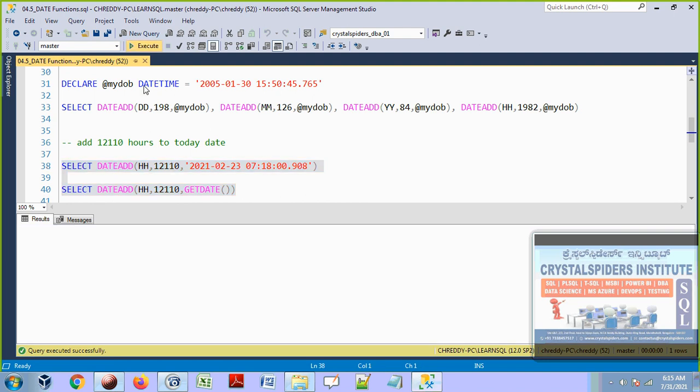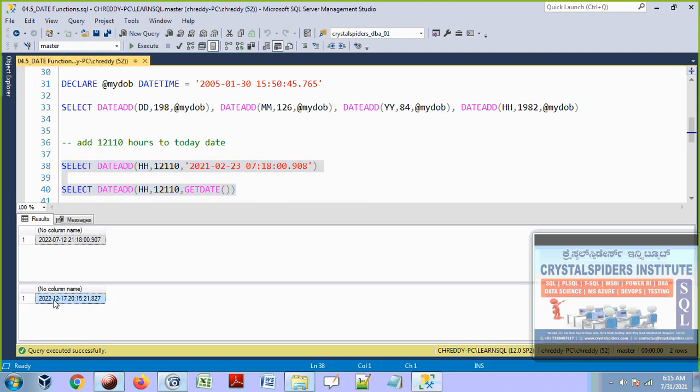So let's execute these two. Now we can see that the current date is 2021 July 31st 6:15 AM. For this date and time we are adding 12,110 hours. After adding these many hours, we are able to see 2022 12th month 17th day, evening 8 o'clock 15 minutes 21 seconds 8:27.